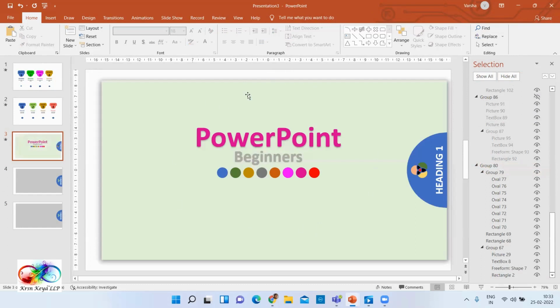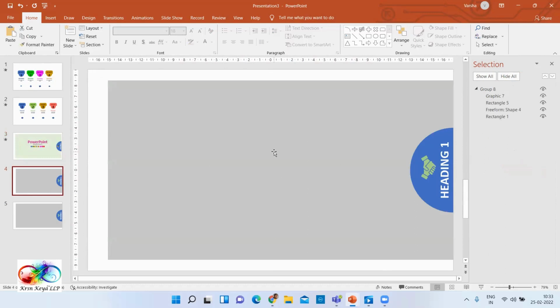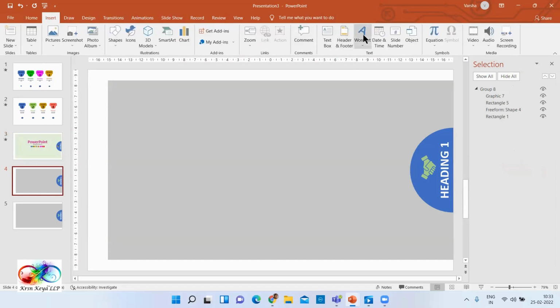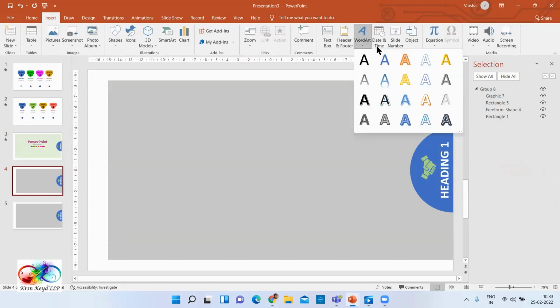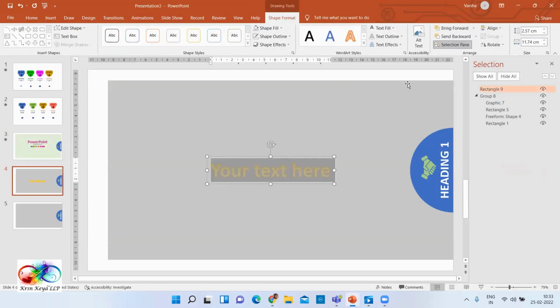So what do you see? You see what is there here, PowerPoint beginners, and I have placed it. So similarly, we are going to have a text here as well. For that text, we will go to the Insert tab. We will go to WordArt, and we will pick this one, and we will write